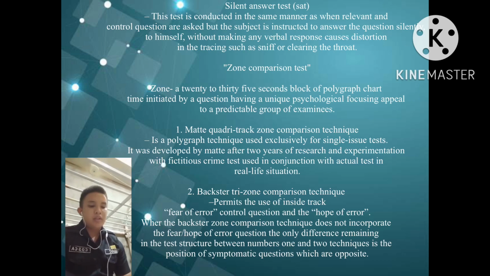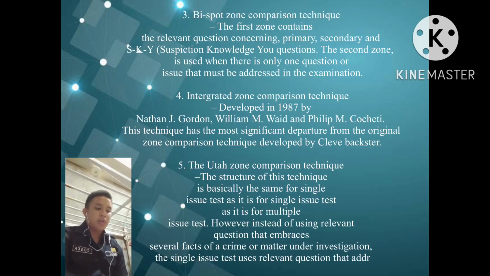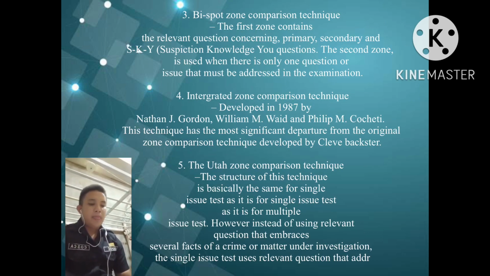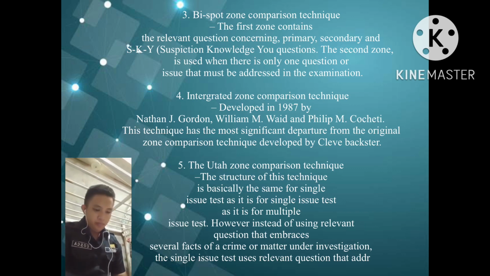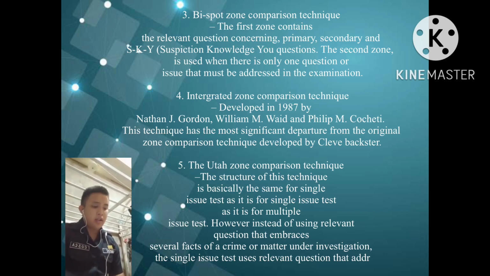And number three is the Department of Defense Polygraph Institute bi-spot zone comparison technique. The first zone contains the relevant questions concerning primary, secondary, and sky or suspect knowledge questions. The second zone is used when there is only one question or issue that must be addressed in the examination,